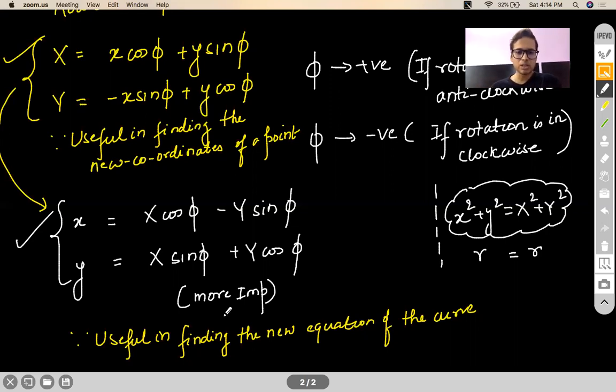Please note down all the formulas that we have discussed on this page. That is these two formulae, this and this. Now, many people would have this question in their mind: can both the things happen? Can shifting of origin and rotation of axes happen together? Yes, it can happen. You can have a complicated question like this. And does the order matter? So let's say I'm shifting the origin and rotating the axes, or I'm rotating the axes and then shifting the origin. Will it make a difference to my final answer?